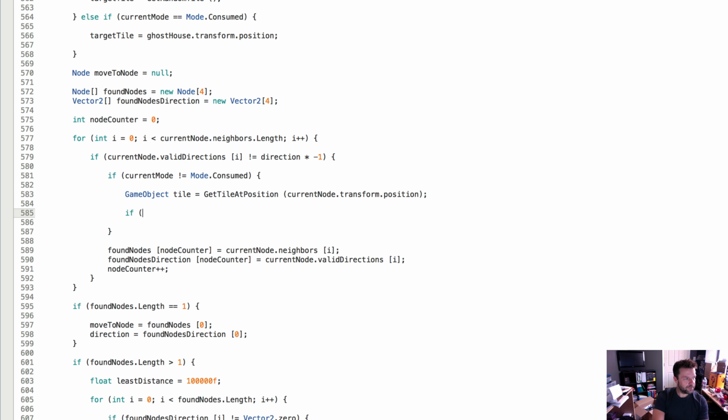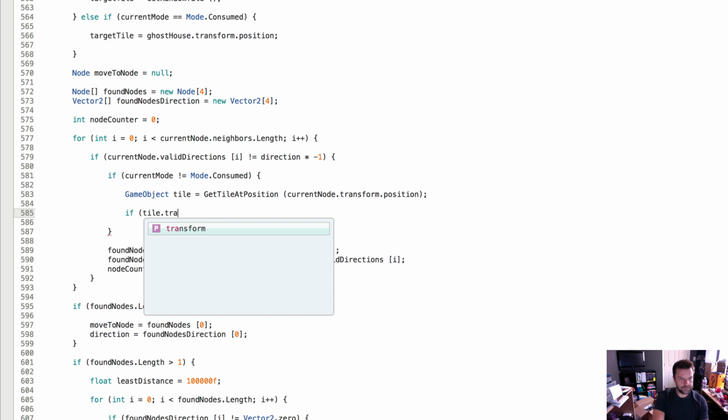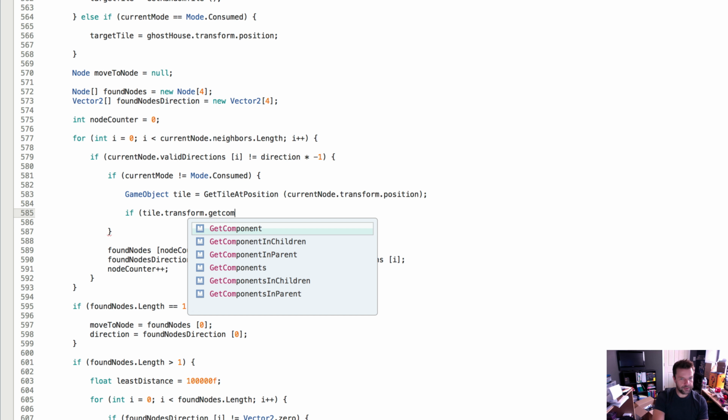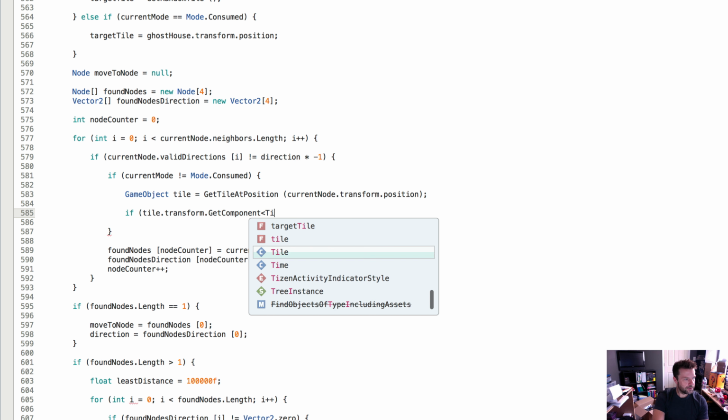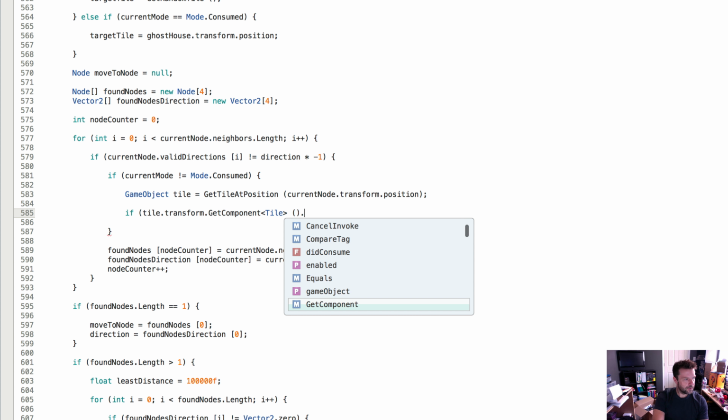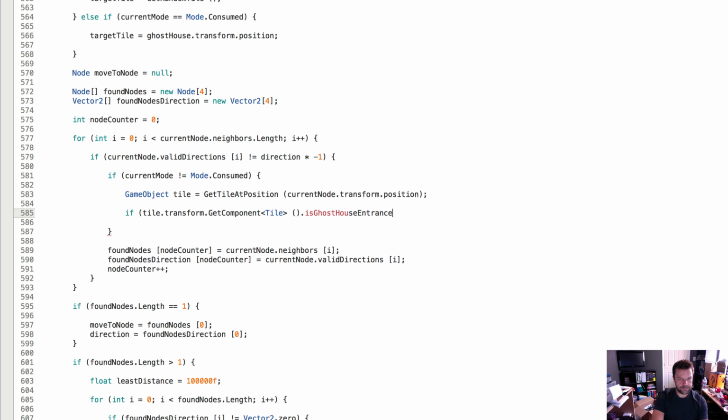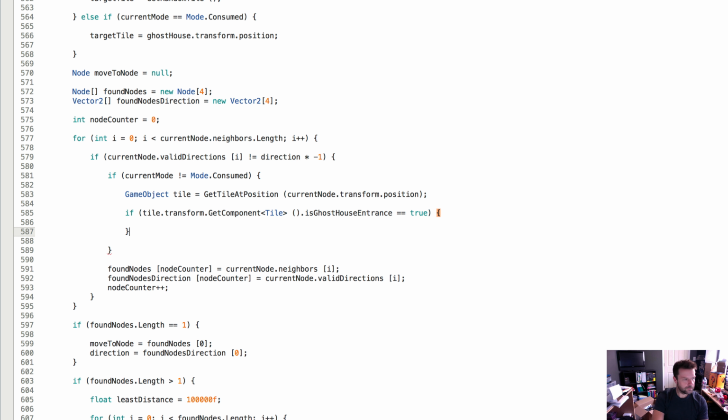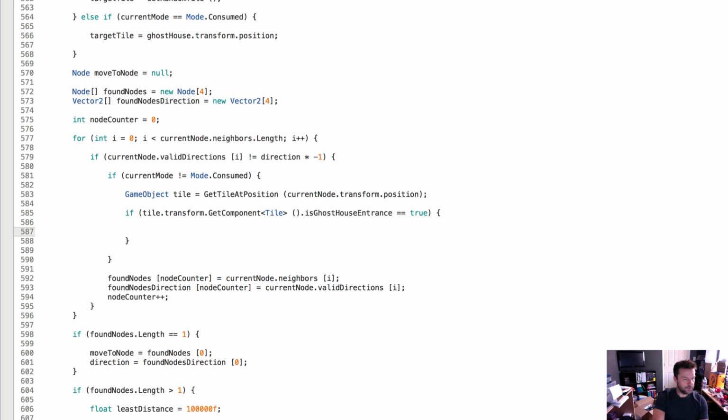Now we're going to say if tile dot transform dot get component tile is ghost house entrance equals true. So basically here we found a ghost house. So we don't want to allow movement